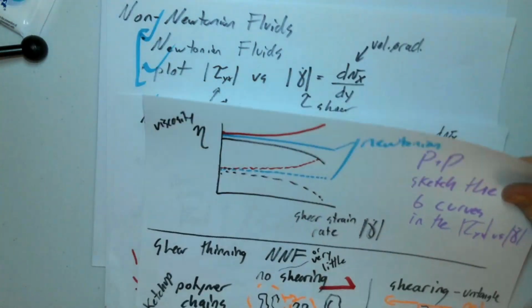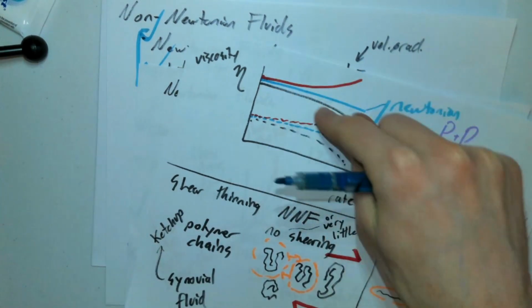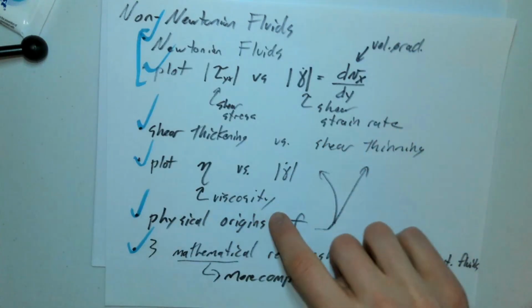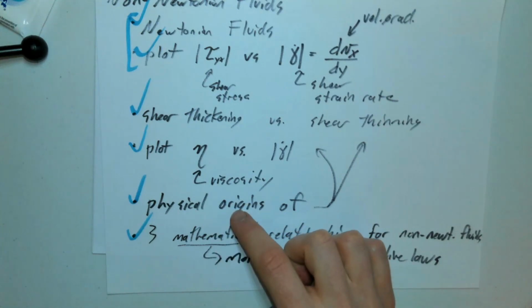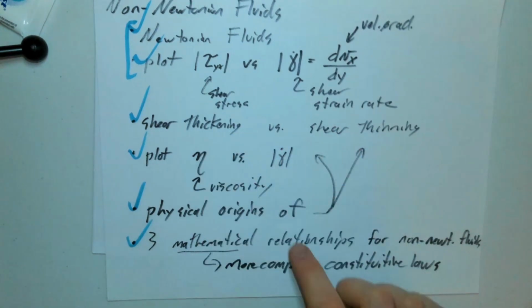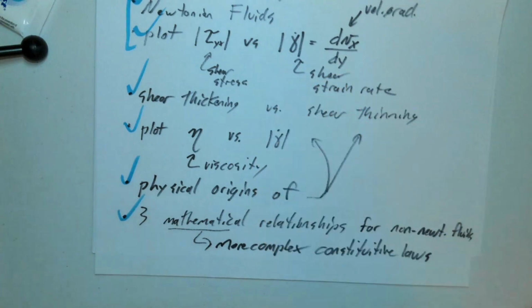We also talked about how instead of plotting shear stress versus shear strain rate, we could plot the derivatives of these things, in which case you get constants for Newtonian fluids and deviations for non-Newtonian fluids. We talked about the physical origins for some of these things, i.e. untangling polymers to slide past one another, pulling apart stacks of red blood cells, or jamming traffic jams of solid particles to explain shear thinning or shear thickening behavior. And then we talked about three mathematical relationships for non-Newtonian fluids: a power law fluid, a Bingham plastic, and a Casson fluid. And we wrapped it up with describing, if I were given some data,